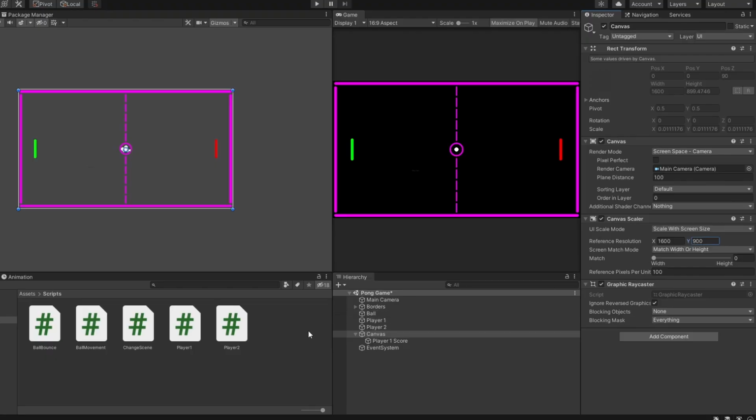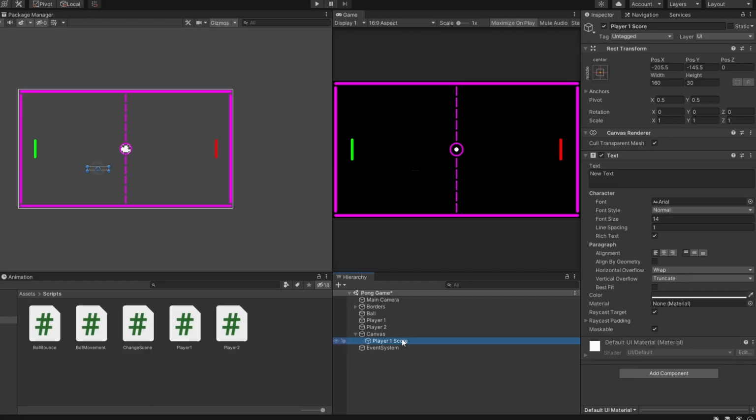Now let's select the Player 1 Score object. We want the text to appear on the left side of the screen, so let's change the value of Position X to -360 and Position Y value to 0. Next, we want to resize the width and height to 400. Let's head down to the Text component. We want to change the text to 0, font size to 300. Lastly, change the font alignment to the middle. Alright, we are done setting up Player 1 Score.